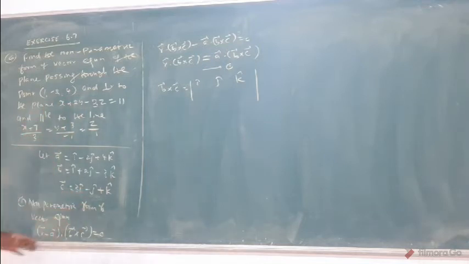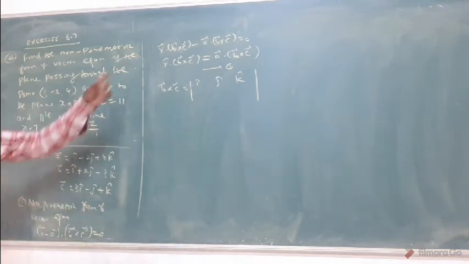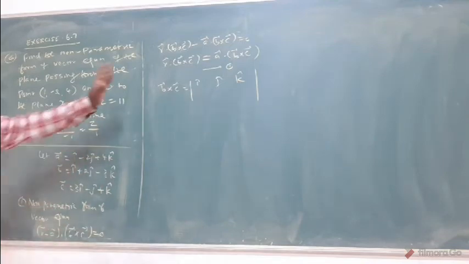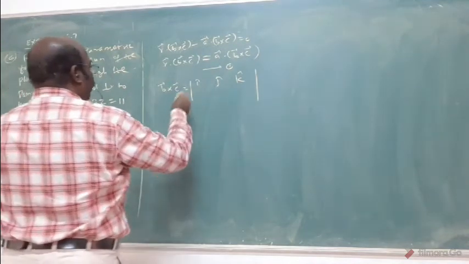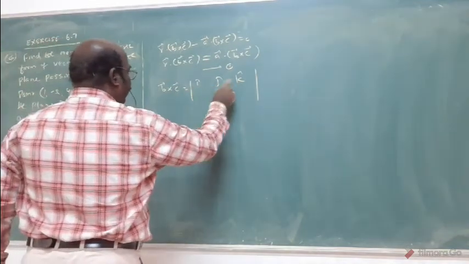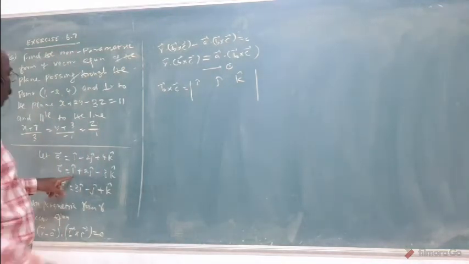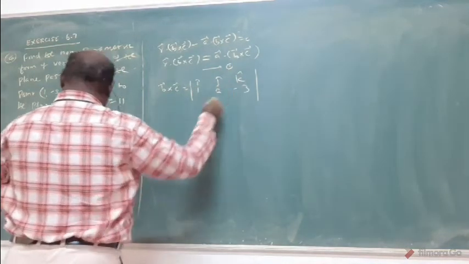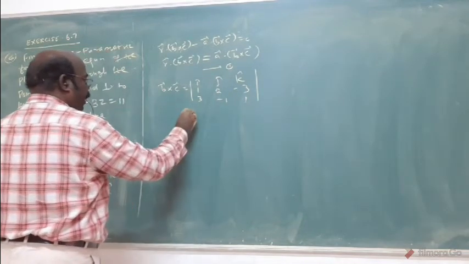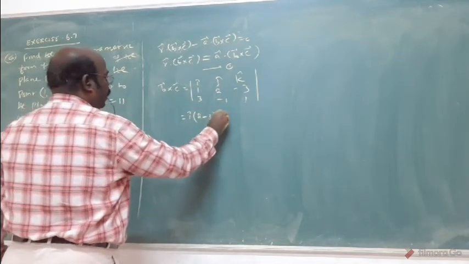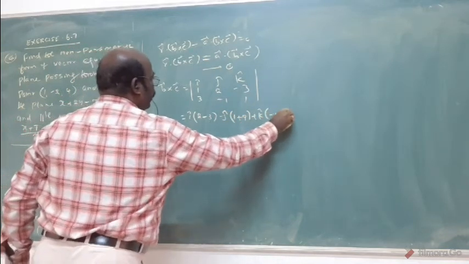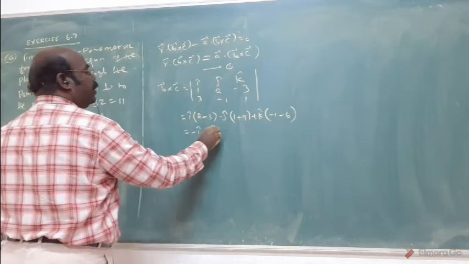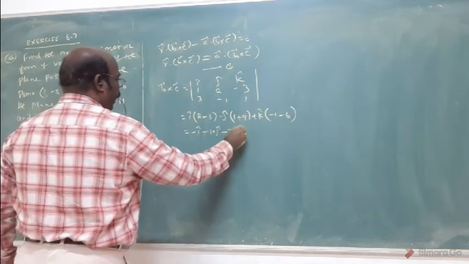Now write the non-parametric form of the vector equation: r minus a vector, dot b cross c, equal to zero. Multiplying, r dot b cross c equals a dot b cross c. Now we want b cross c, with the coefficients of b and c: 1, 2, minus 3 and 2, 3, minus 1. This equals i cap into 2 minus 9, minus j cap into minus 1 plus 6, plus k cap into 3 minus 4, giving minus 7i cap minus 5j cap minus k cap. Am I right?